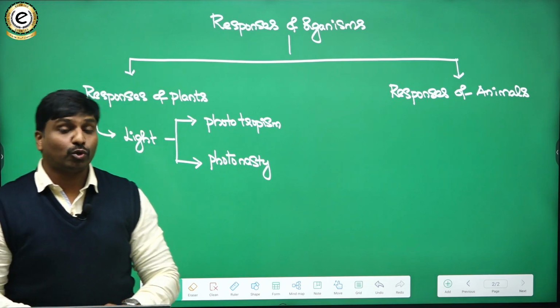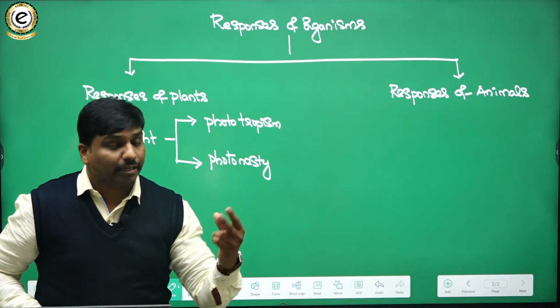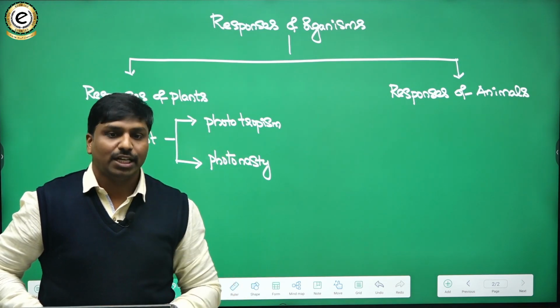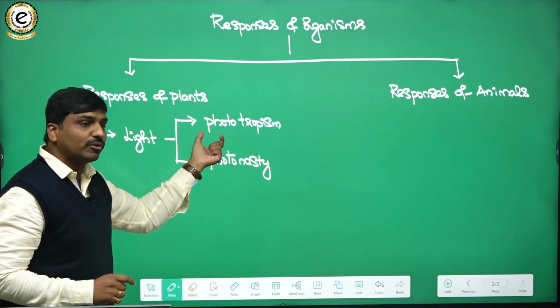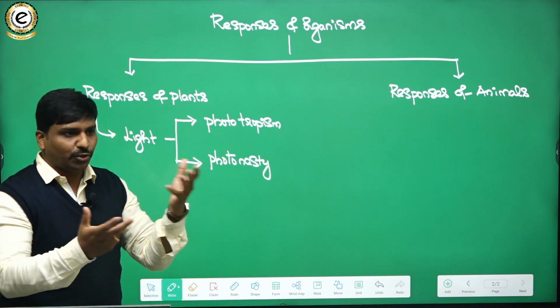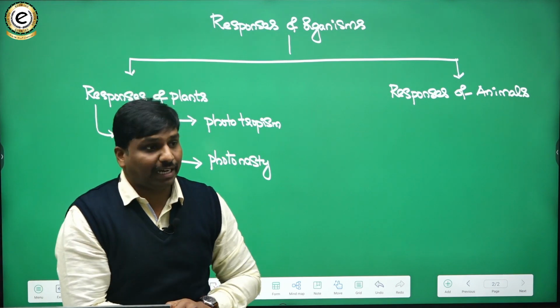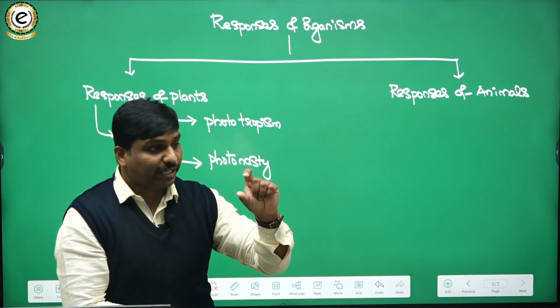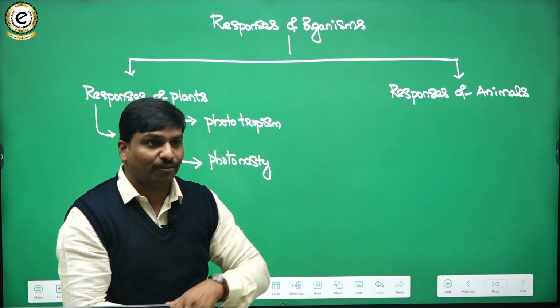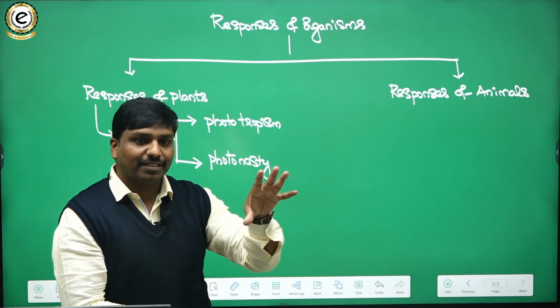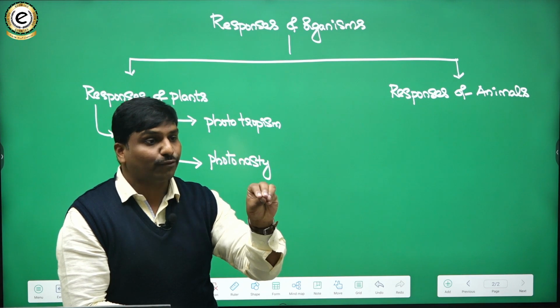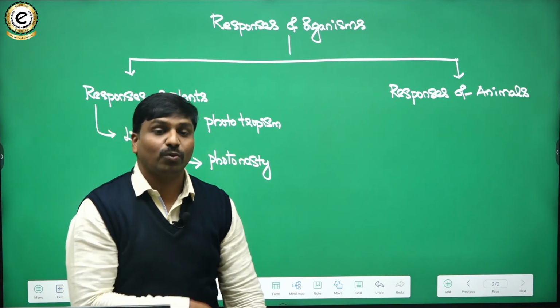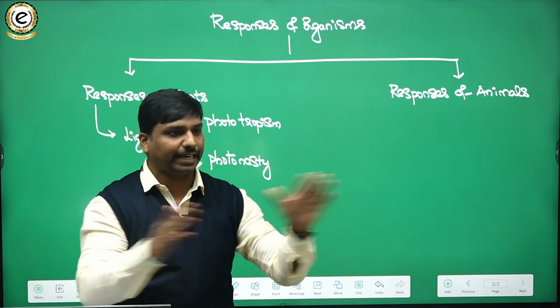Photonasty and phototropism. These are two important responses that plants give to light. So remember the word photo. Photo refers to light. For example, when submitting an application, you submit your passport size photo. You go to a studio and take a photo, and there you can witness light. So wherever you get the word photo, it means light. Remember that.